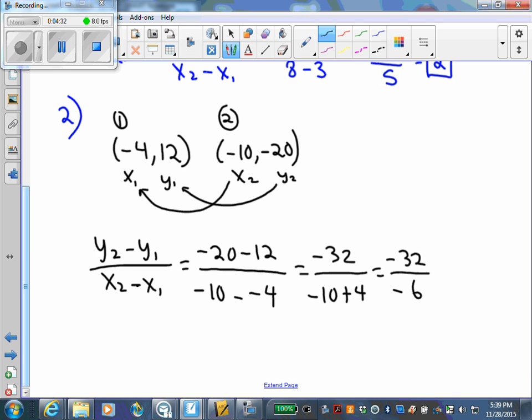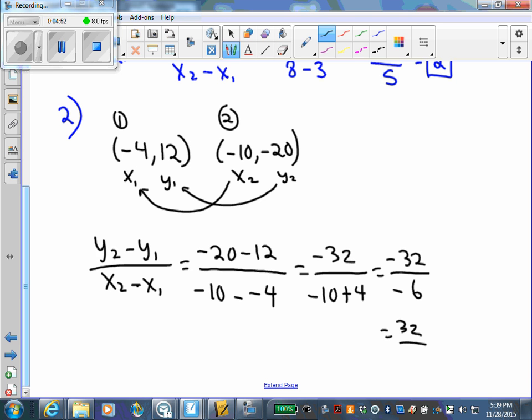Okay, we need to reduce that. There's two things to think of when we reduce this. A negative divided by a negative is always a positive. So our answer is going to be positive. Those negatives both are not going to be there. And then 32 over 6,